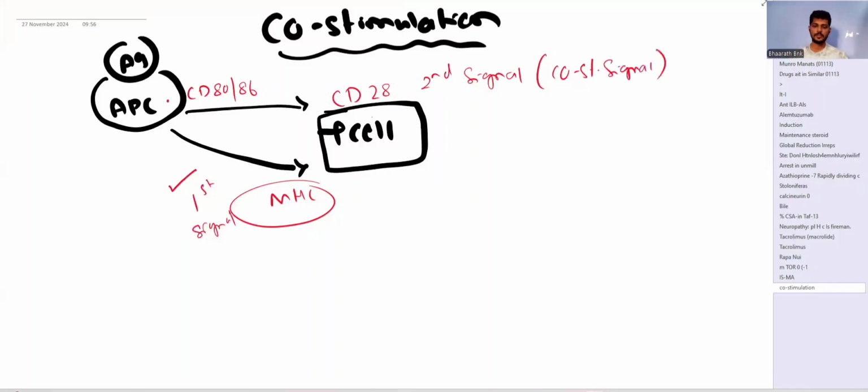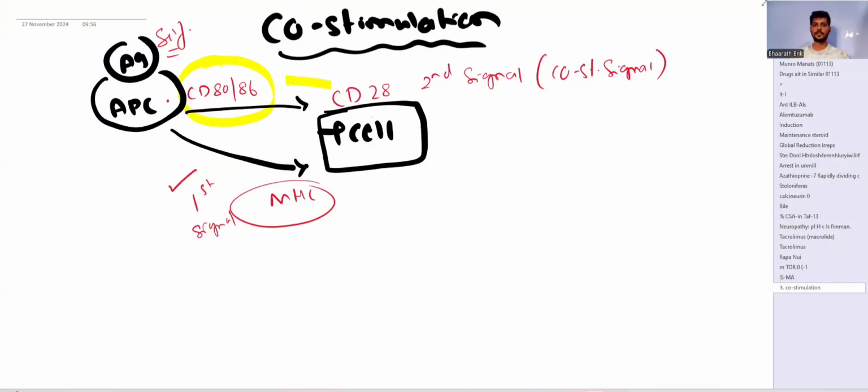Now, this second signal is called the co-stimulatory signal. Unless the T cell receives the second signal, it will not recognize this antigen as foreign. It recognizes it as a self antigen. So if the APC binds and produces only MHC and the second signal is not produced, the T cell will not recognize this as a foreign antigen, and it will not mount an immune response against this antigen. So, if we could develop an antibody which blocks this CD80 or 86,